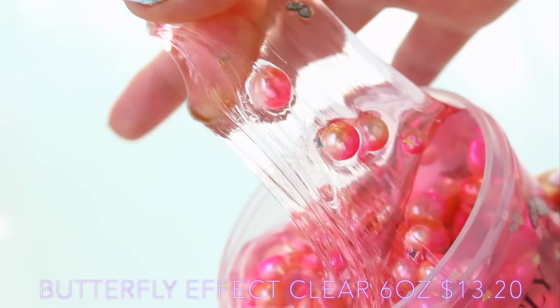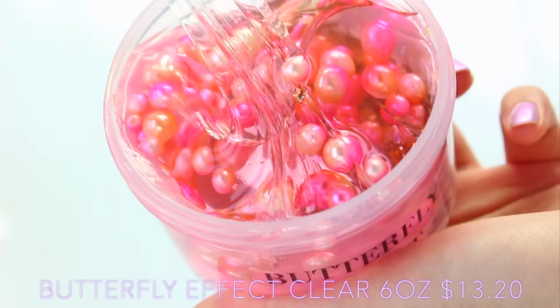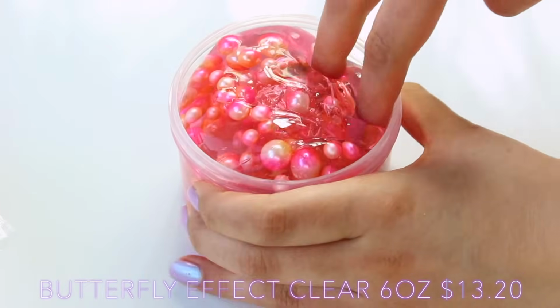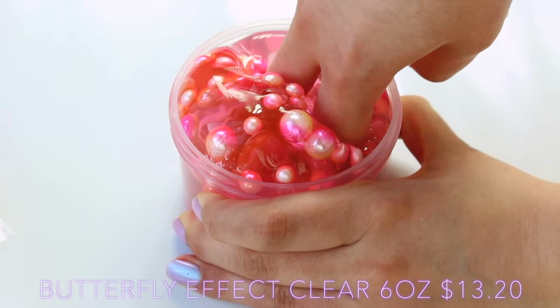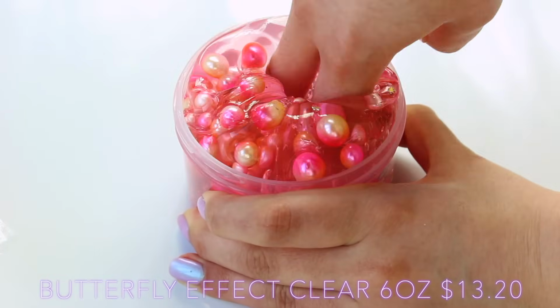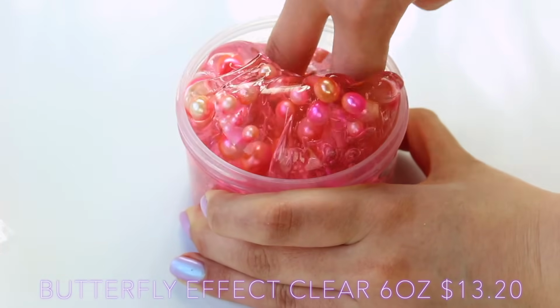It could just be that this mixes to make a pink and that wasn't shown in the video, but I was kind of surprised when comparing the two. I didn't mind too much because I absolutely love the texture, and I often find when you have this many add-ins, sometimes they can get annoying and you can feel them, but she's perfectly cultivated this texture that is so